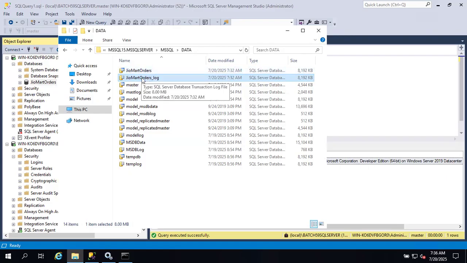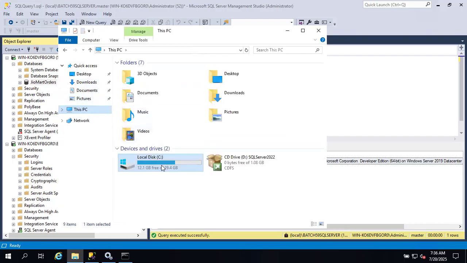If that particular transaction is not truncating, it means something happened and it is not able to move to the data file. For example, the data file is completely full. Now where are these two files stored? In which drive? At the end of the day, in the C drive. Now if my C drive is full, what will happen? My C drive is 30 GB. If it is full,